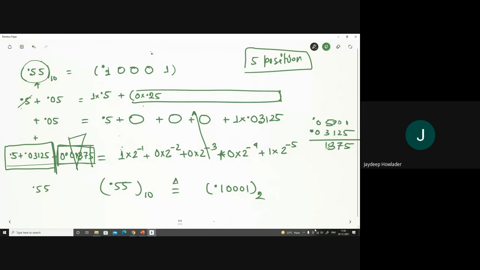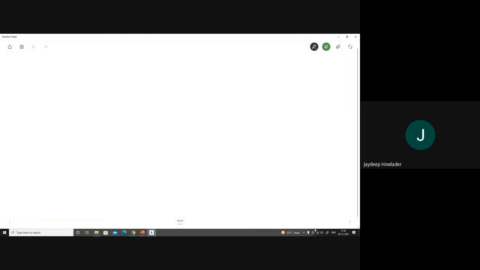That is something we are basically losing. It means we do not consider those things in the representation. Understand? But if we increase the binary positions, again there will be something we are losing, but the amount will be less. Understand? So whenever we are talking about a fixed size, the size is important.